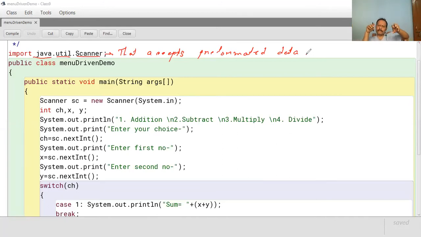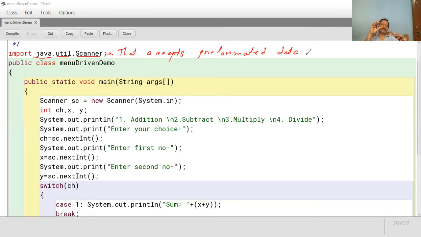हम लोग को जिस डेटा टाइप में चाहिए उसी डेटा टाइप में हम लोग सीधे एक्सेप्ट कर सकते हैं. इसलिए स्कैनर क्लास ज्यादा आसान है. Now, Scanner has some problems, because of which we cannot use Scanner everywhere. The problem is we cannot accept a character through Scanner.